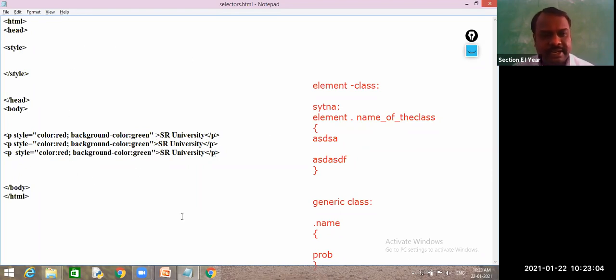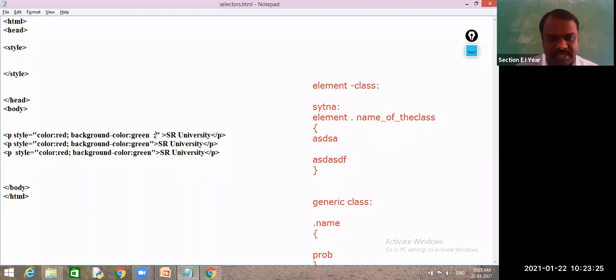Now these are the requirements. From this requirement, I have one difference: the first paragraph is required. So in this case, will you go for an element selector or not? For a common property for multiple elements, you go for an element selector.